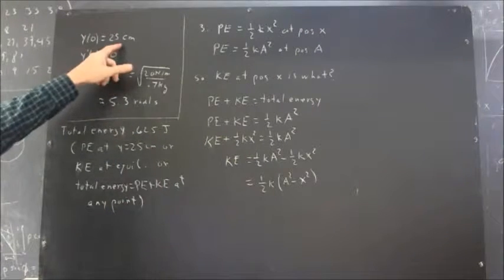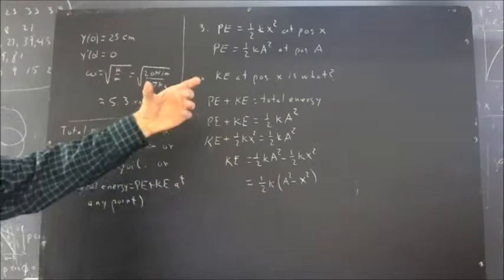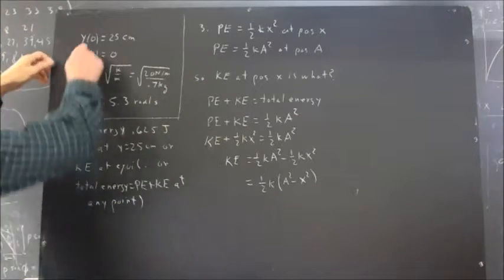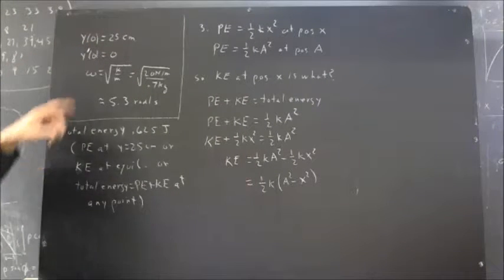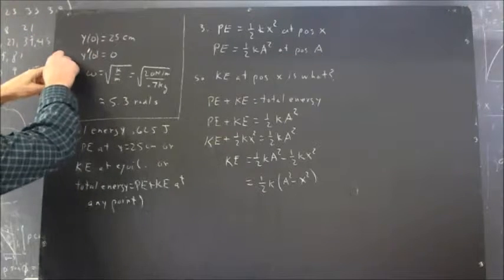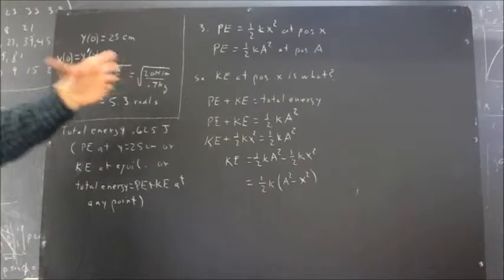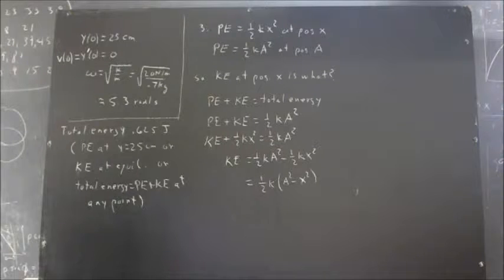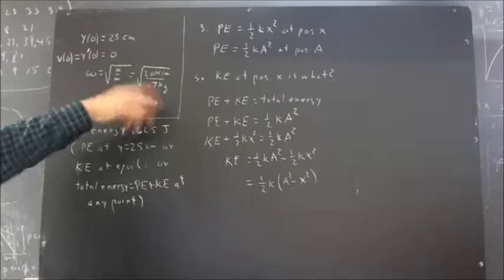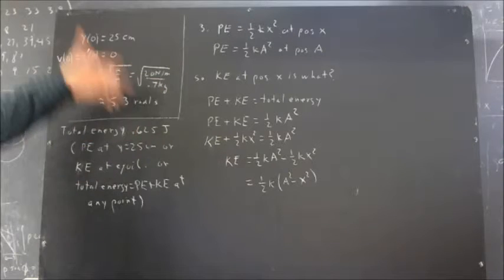Again, we're at position 25 centimeters because we're 25 centimeters above the new equilibrium position, the position at which this 700 grams would remain stationary. Y prime of 0 equals 0 tells us, well, y prime is our velocity. That's our v of 0, which is y prime of 0, and that's 0 because we're releasing it from rest. Omega is just square root of k over m. Mass is 700 grams or 0.7 kilograms. K is 20 newtons per meter. We divide that out,